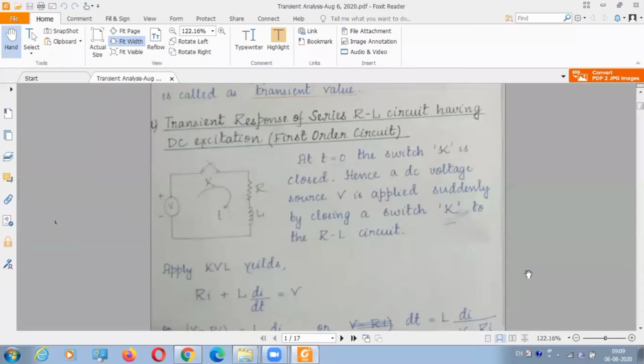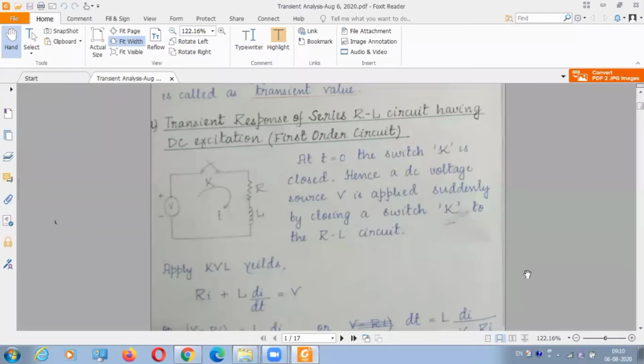So what happens to an inductor? You know the inductor voltage equation, V equal to L di by dt. So I can say that an inductor doesn't allow change in current, di by dt, for some amount of time. Similarly, for a capacitor, Q equal to CV, from that you get I equal to C dV by dt, right? So a capacitor doesn't allow change in voltage, dV by dt. For some small amount of time it will not allow the change in voltage until the next switching occurs. If you don't allow switching, it will hold the same voltage only.